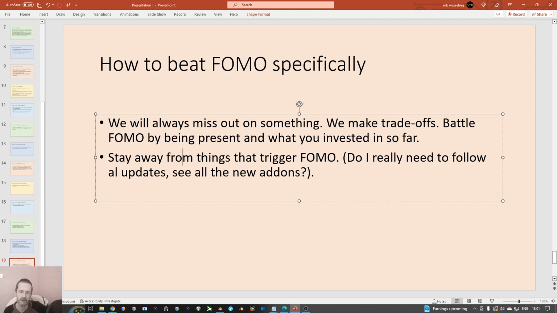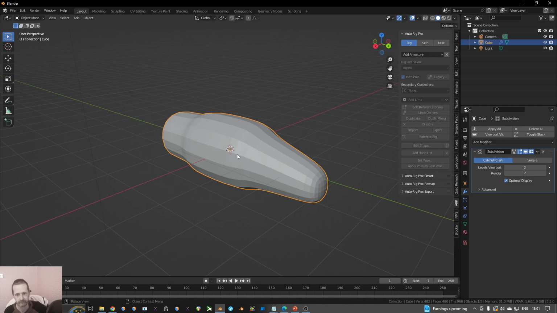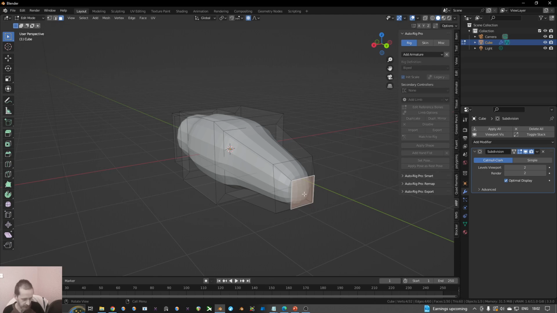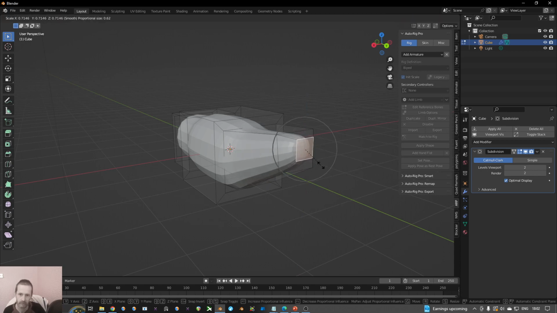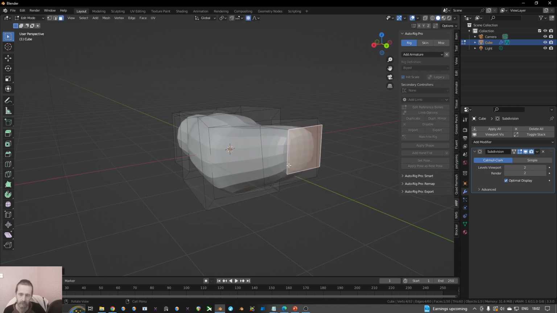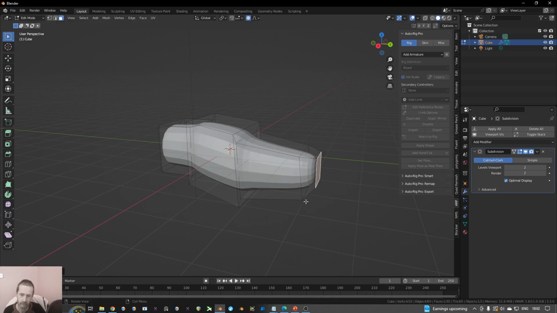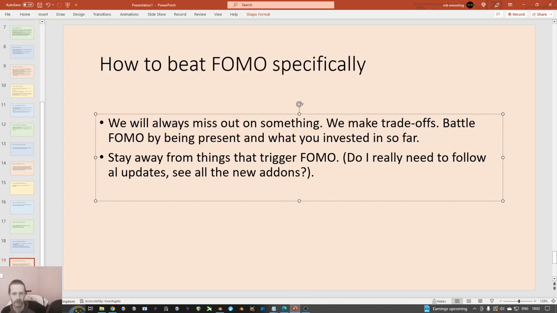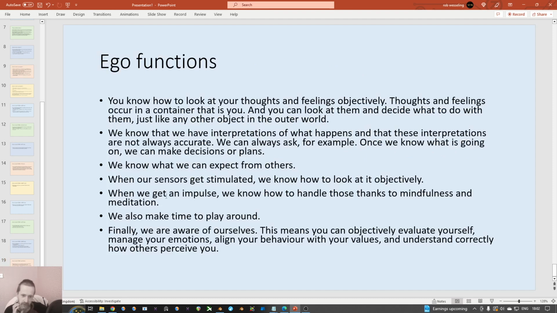And another suggestion is to stay away from things that trigger FOMO. So I could decide, okay, I open Blender and for 2 weeks long, I only use extruding, inset, grabbing, and subdivision modifier, and that's all I really do, and this proportional editing mode. That's pretty good. One last thing is, I found that interesting,